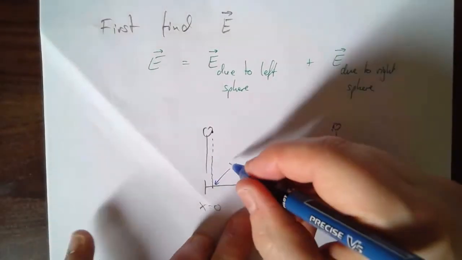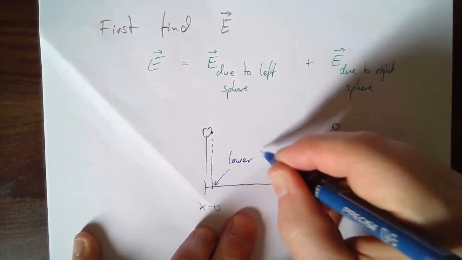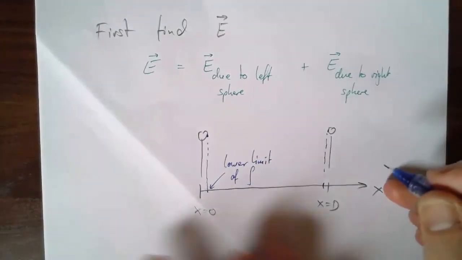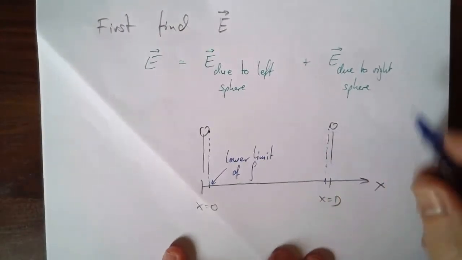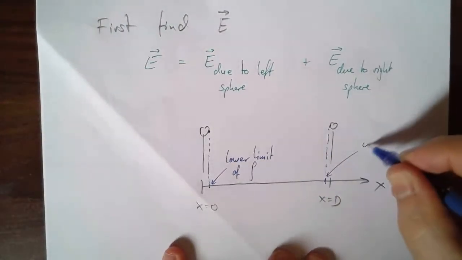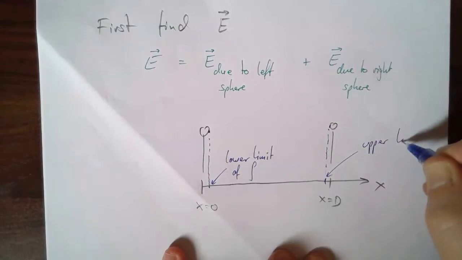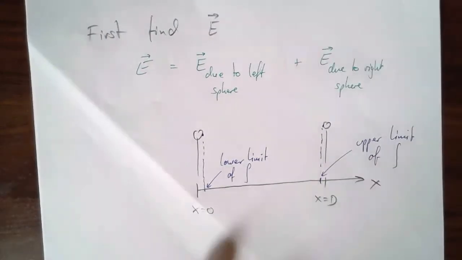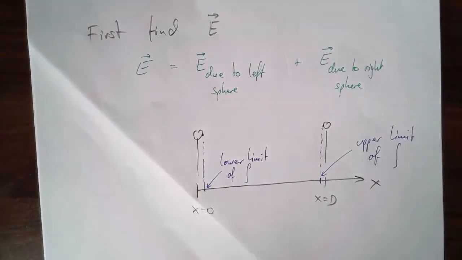This is the lower limit of your integral, and this is the upper limit of your integral. Those x values. And then your chosen path